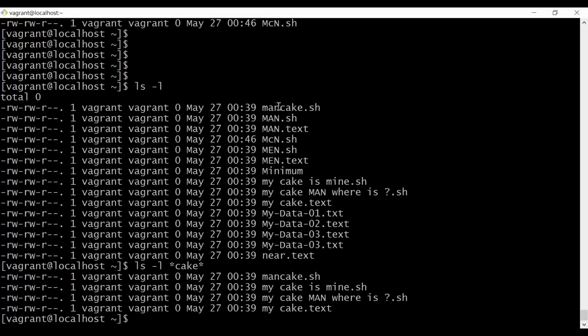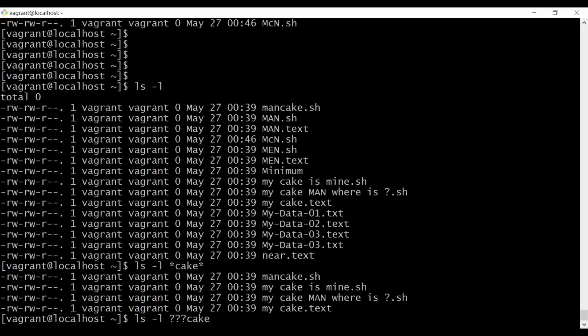So here also we have the 3 characters, like yes, man, and here we have my and a space. Whether space is there, whether my is there, or whether man is there, but 3 characters length must be there. Then how do we use it? ls -l, 3 characters, any character, right? Question mark, question mark, question mark, 3 characters,